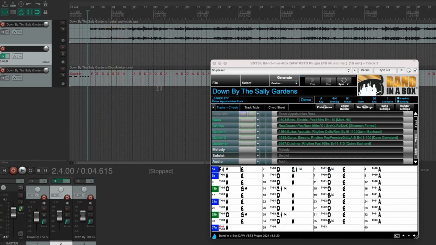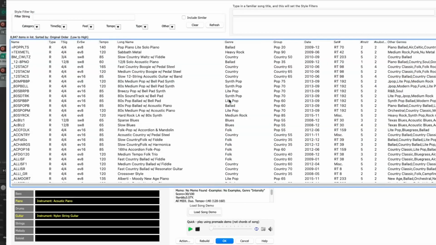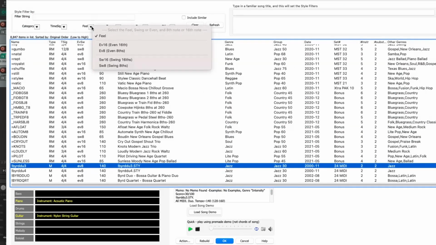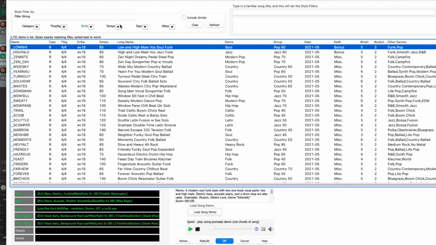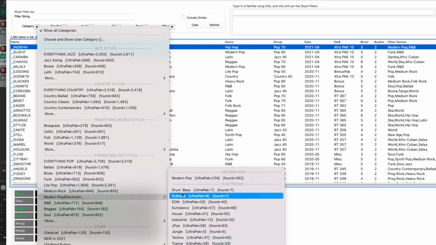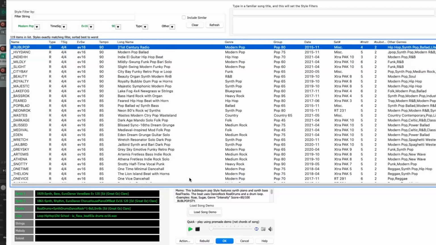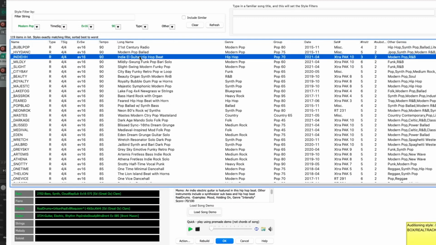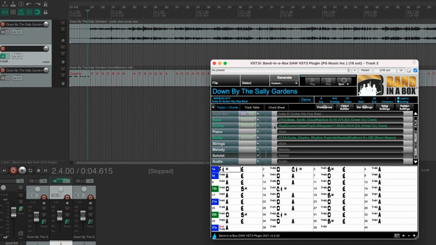So now I'd like to find a style to go along with this. So I'll open the style picker. So it's even 16ths based, close to 90 beats per minute. And I'm thinking of maybe using a modern pop style with this. And I'll try sampling this indie electric guitar hip hop beat, which looks like it's from the new Extra Styles Pack 10. And yeah, sure, I'll give that a try. I'll generate,